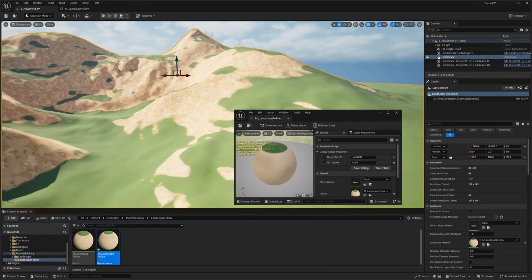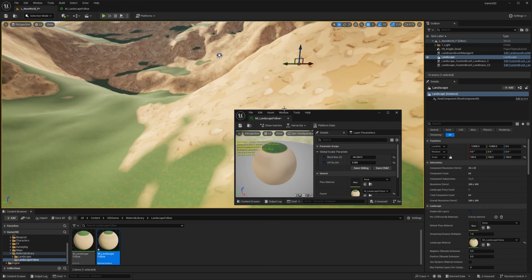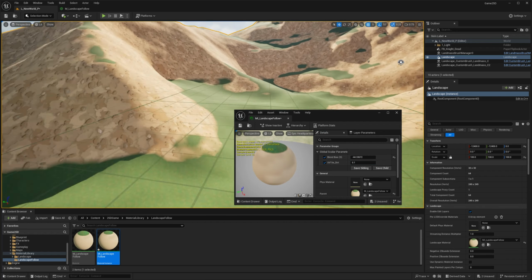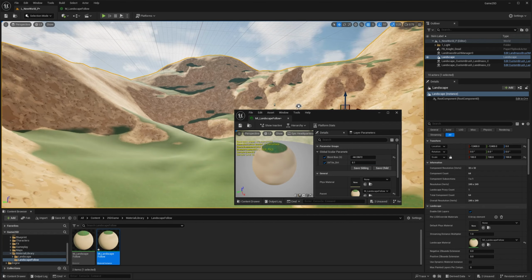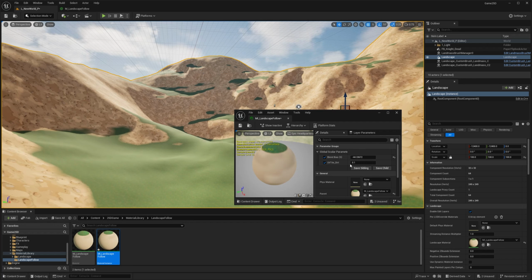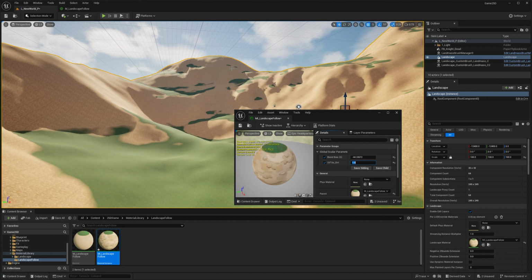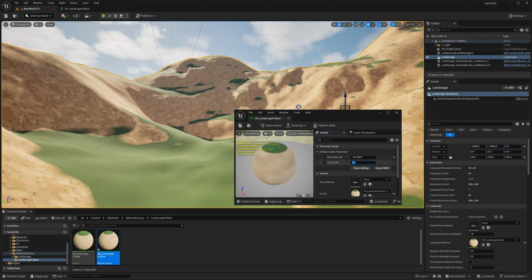So what I want to do is pick a number that doesn't look super off, but doesn't look super tiny either. So I think 0.1 is perfect because I can see the detail from far away, and I know there's some information. If it was 1, it's just a bunch of tiny dots. So I want something that I can see from far that has some kind of information there. So that works for me.